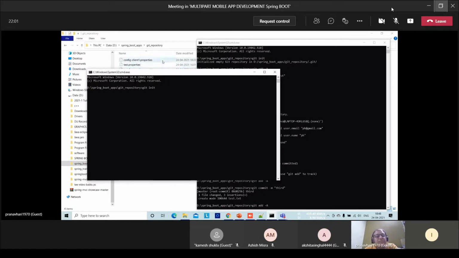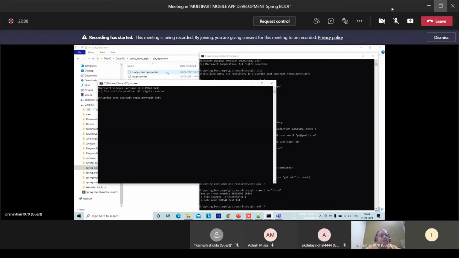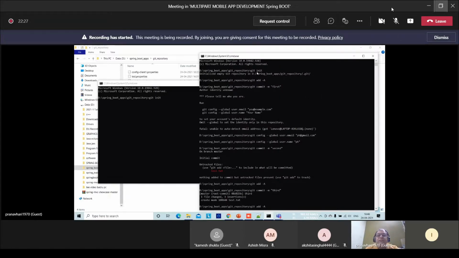After installing Git, you create a folder anywhere, and in that folder, in this navigation bar, you just write cmd and hit enter. Automatically, this command window will get opened into this path. And in that path, you have to run git init. What git init does, it sets this local directory as a Git repository.